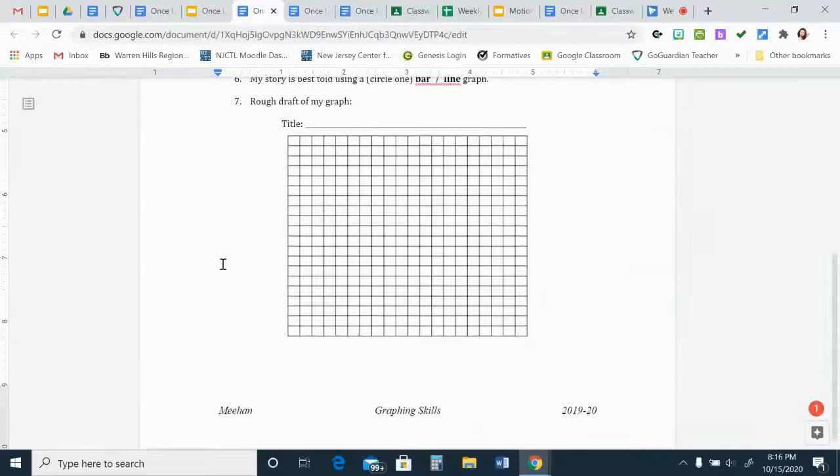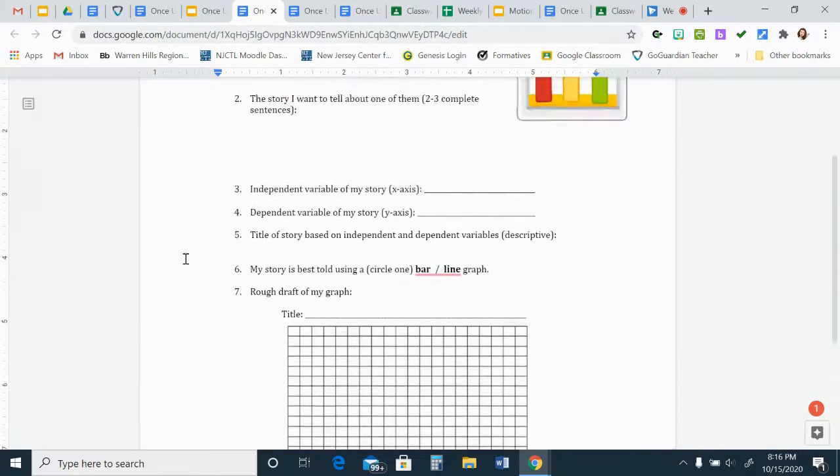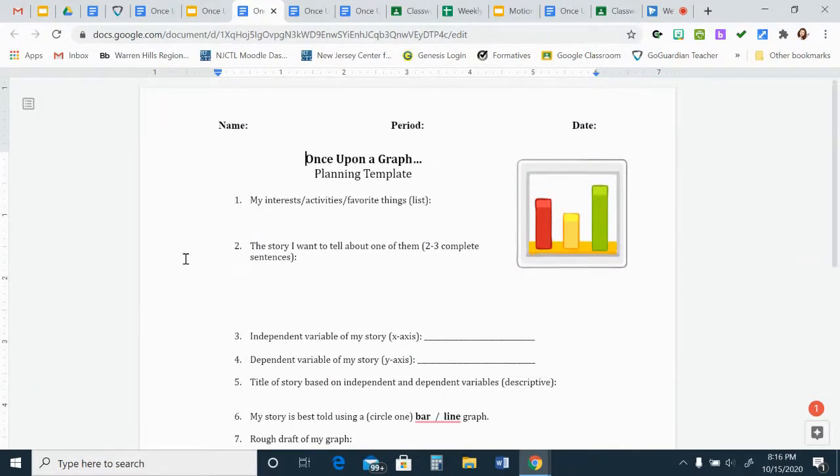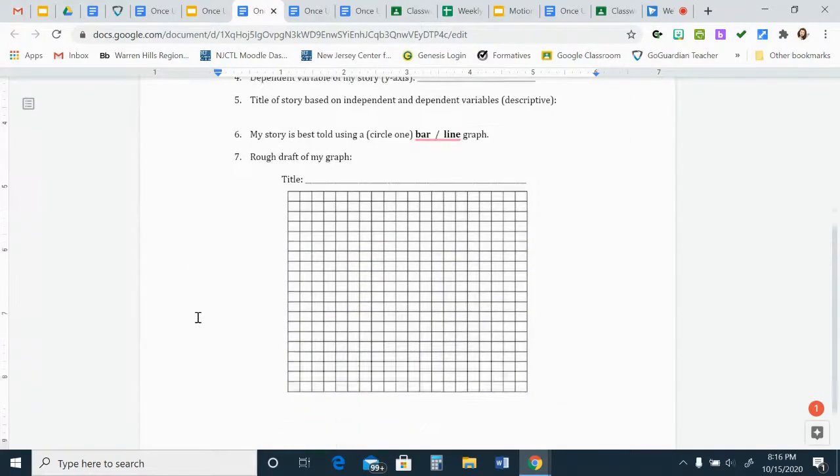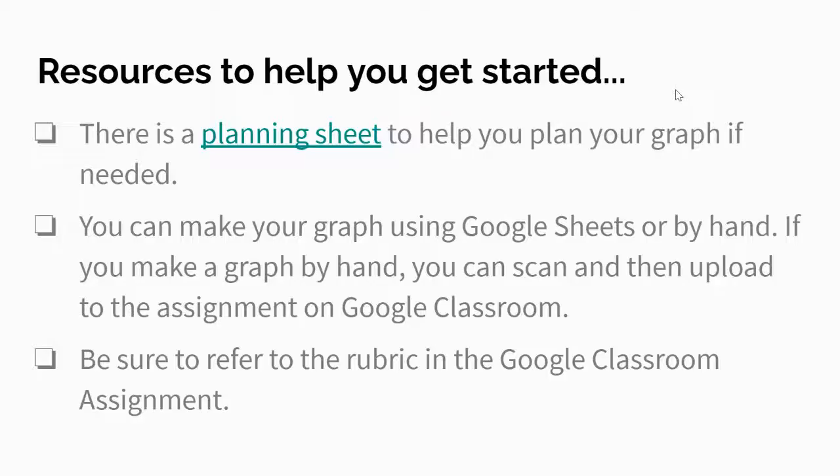There's even a space if you want to sketch a graph, if you print this out or however you want to do that. But this is not what you're turning in. This is just to make sure that you make your graph with everything that should be included in order to get the best grade. In terms of how to make your graph, if you know how to make one digitally,